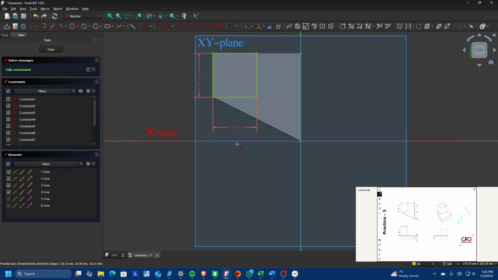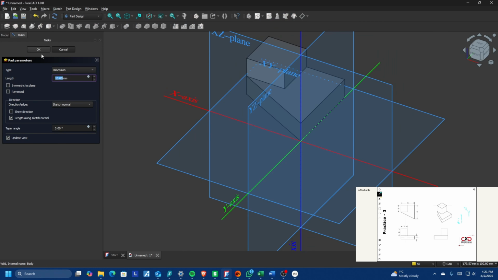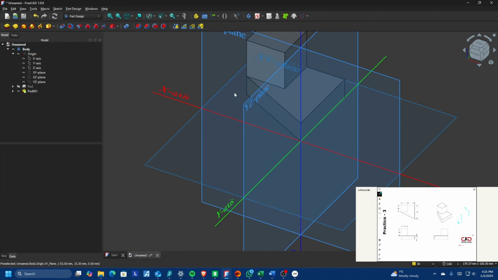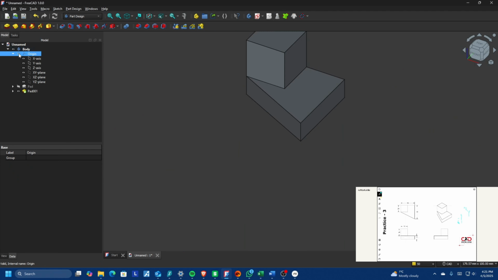Now it's fully constrained, and then we extrude again. So we extrude by 20 as well, and yeah, you're done. So this is the complete model